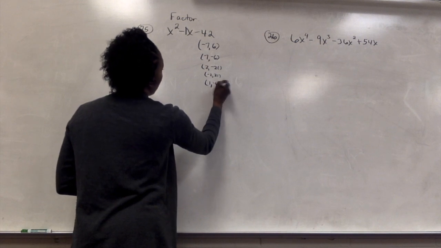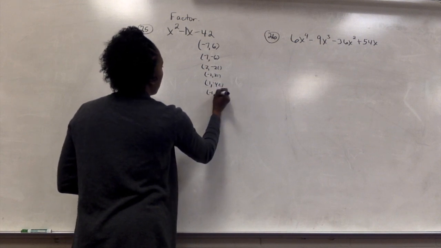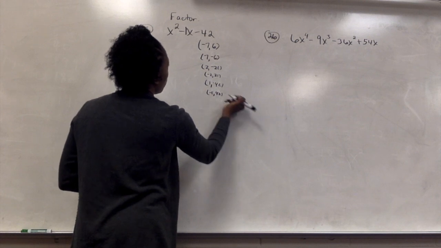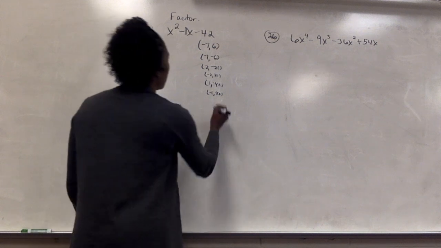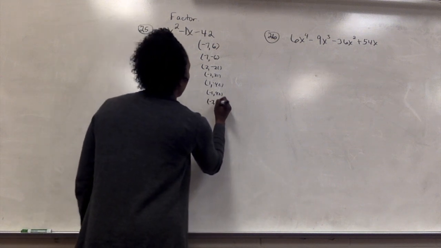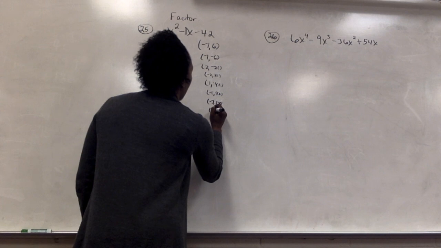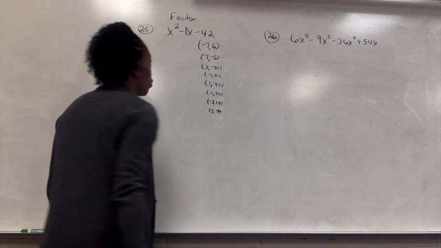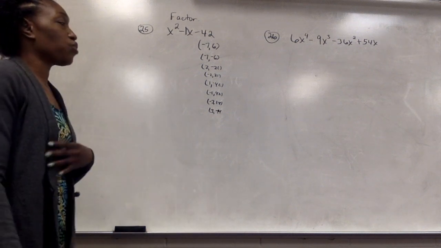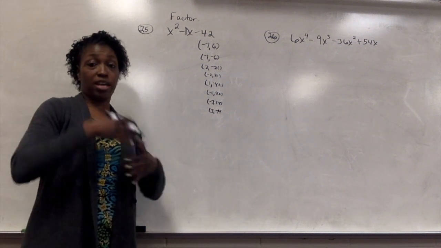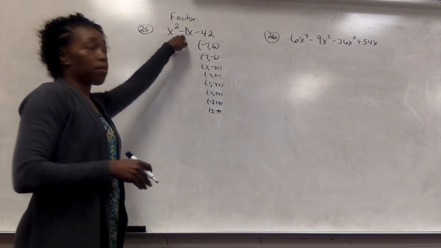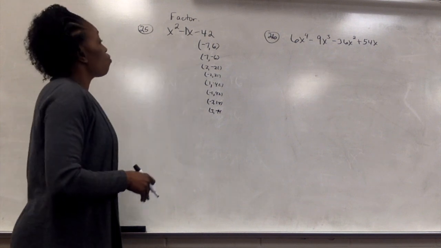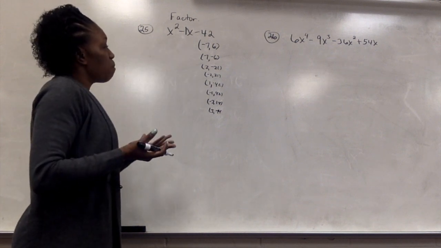1 and negative 42, negative 1 and positive 42, there's 3 and 14. So there are a lot of numbers here, okay? A lot of factors that you can get that's going to give you this negative 42. Now the key thing to make this go easily is to try to think of what it's going to be adding to always. So you want to think about what it will be adding,